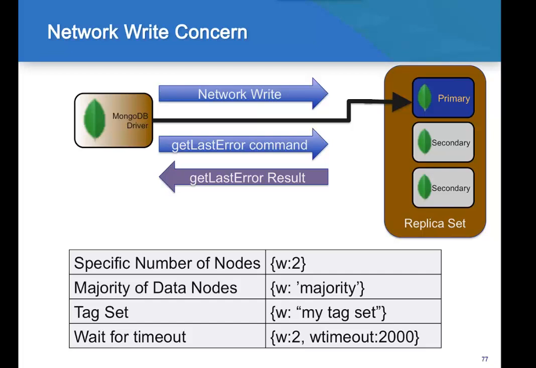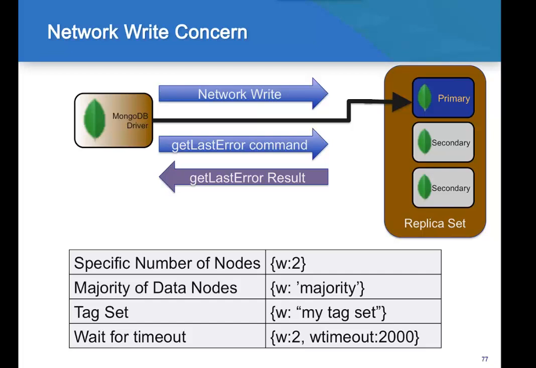So if this is a network write to a replica set, followed immediately by a get last error command, we can say, wait until this write has replicated to a specific number of nodes. So w:2 says wait for 2 nodes, that's the primary and 1 other node. That's the majority, that write is durable. There's a shortcut